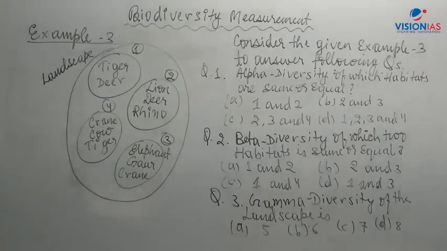Question number 1, alpha diversity of which habitats are same or equal? A 1 and 2, B 2 and 3, C 2, 3 and 4, D 1, 2, 3 and 4. Question number 2, beta diversity of which two habitats is same or equal? A 1 and 2, B 2 and 3, C 1 and 4, D 1 and 3. And question number 3, gamma diversity of the landscape is A 5, B 6, C 7,